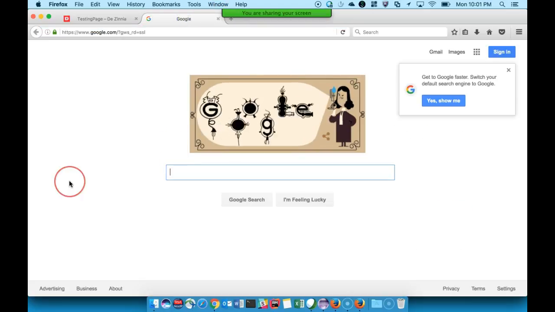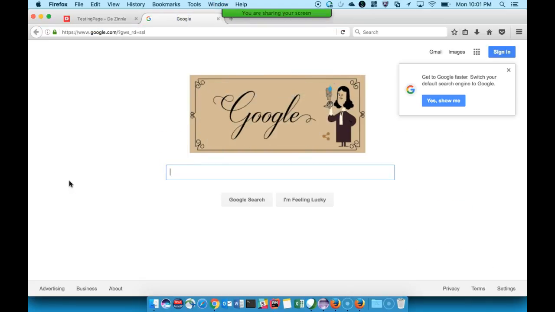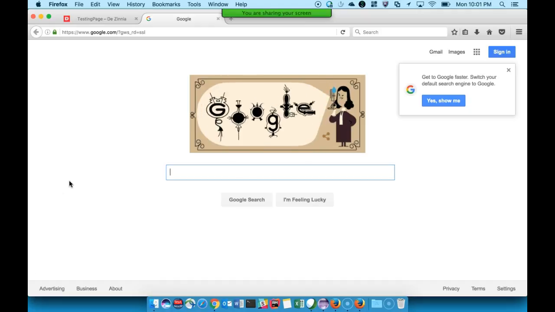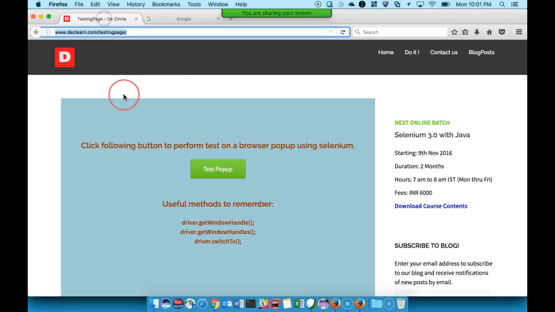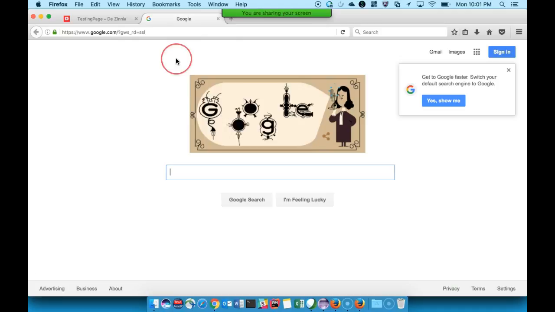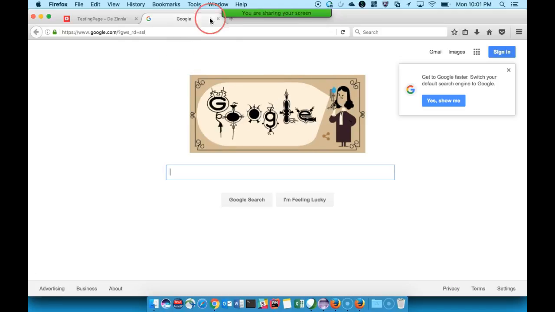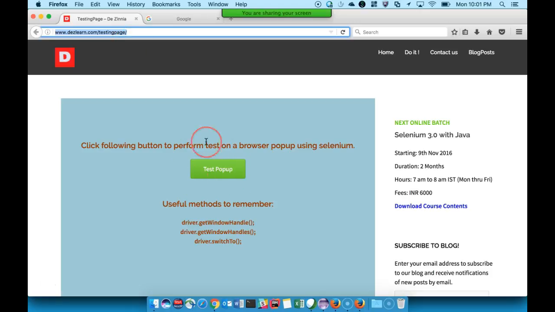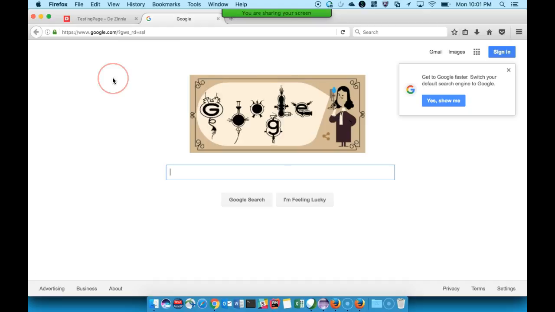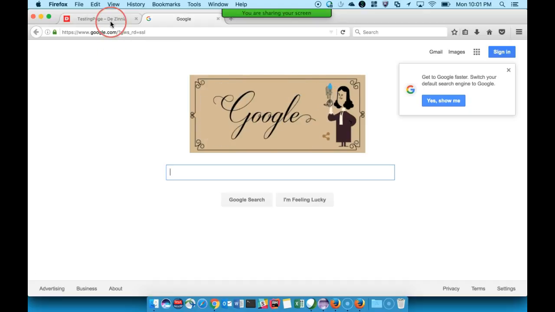Now what happens when a driver opens more than one window? Multiple window handles get created. Like in this case, the testing page is opened by the driver, and the second page, or the second browser window, whatever it is, is also opened by the driver, right? Because the driver clicked on this button and then this has opened. So ideally the driver has now opened two windows.